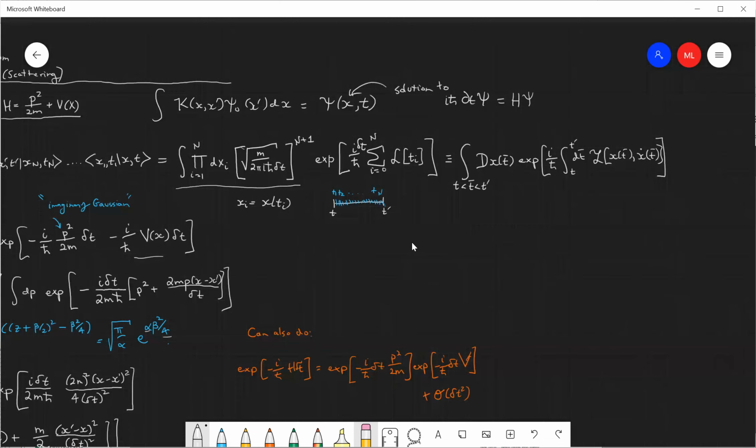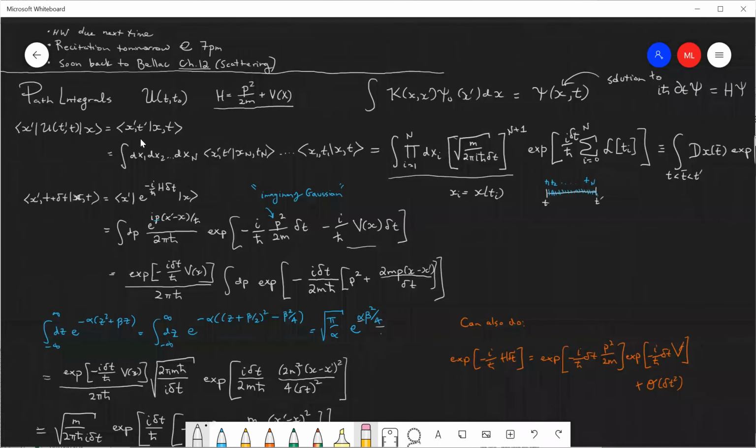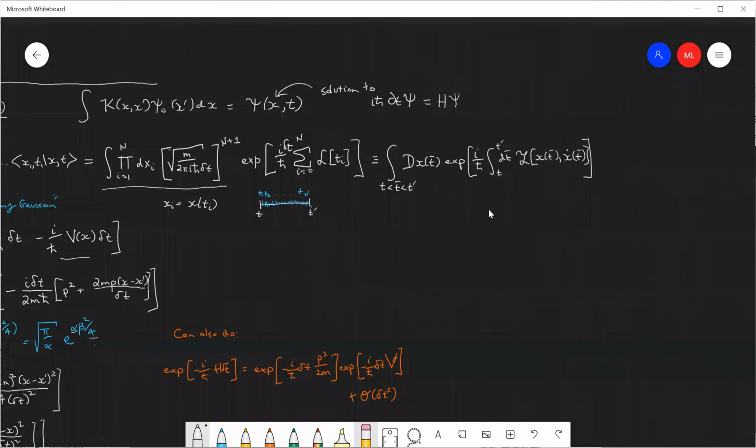In quantum mechanics, the probability of observing a particle at some position, given that it's at some other position at your initial time, that probability, or the probability amplitude, consists of a sum over all the possible ways in which the particle can go from